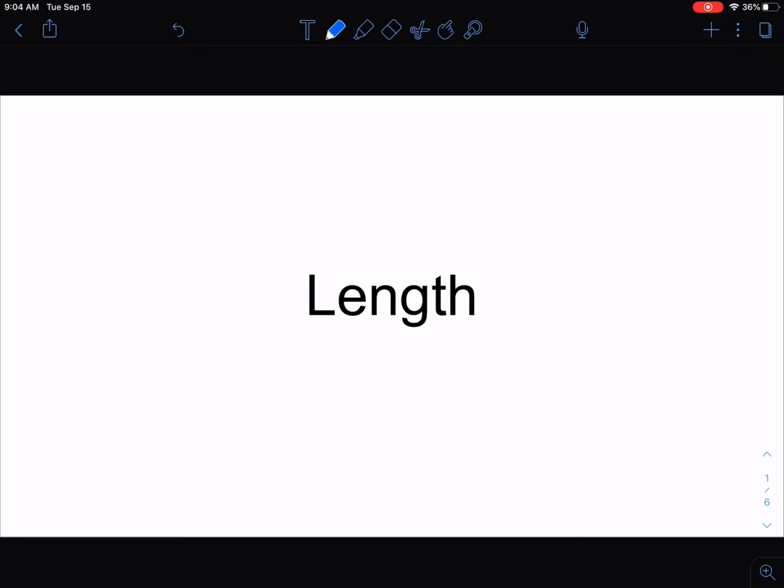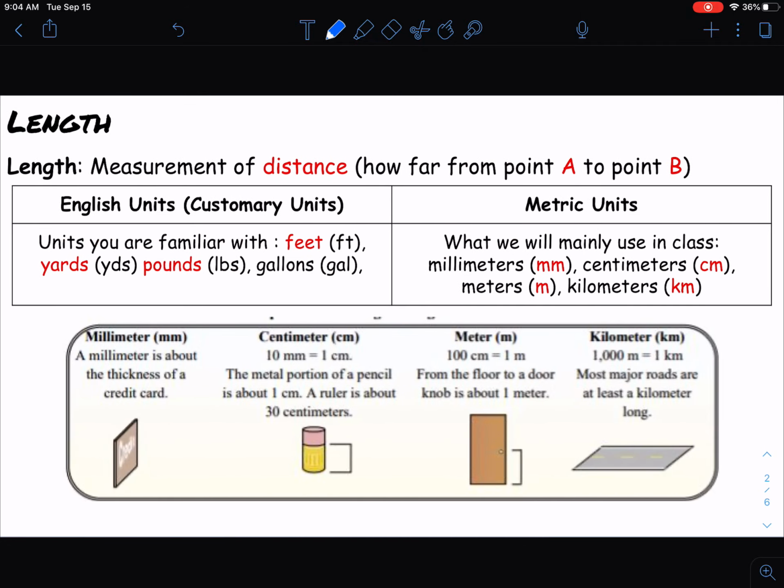Today we're going to be getting ready to start into our physical science topics. Before we get there though, we have to look at one little final piece called length. Length is the same length that you learned when you were in math class. It's a measurement of a distance. And when I'm talking about distance, I'm talking about how far it is from a point A